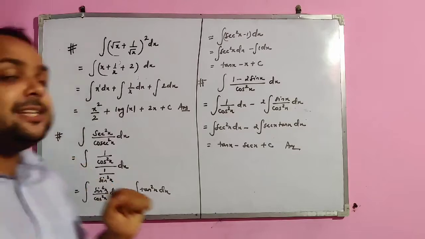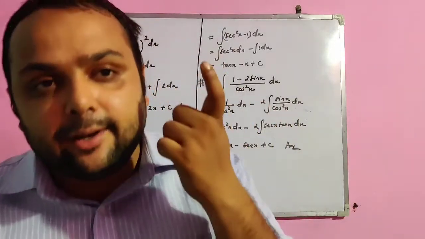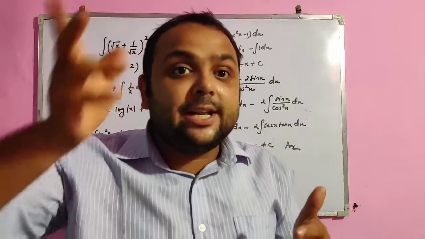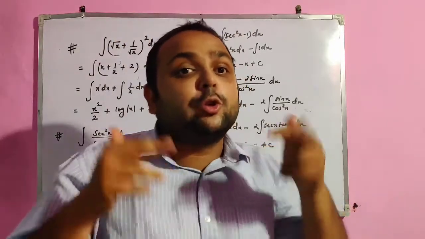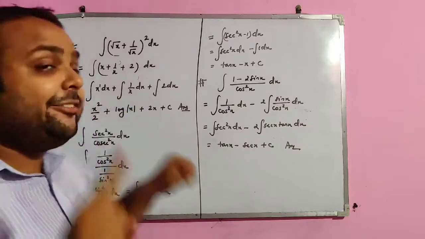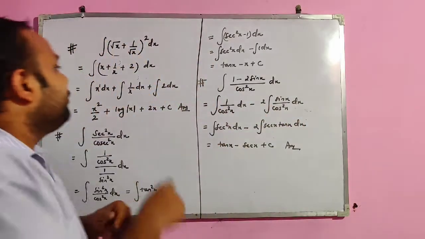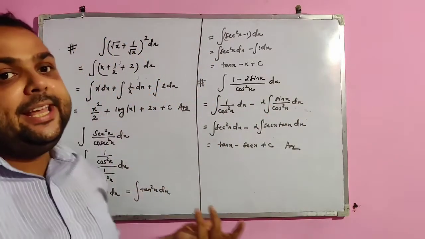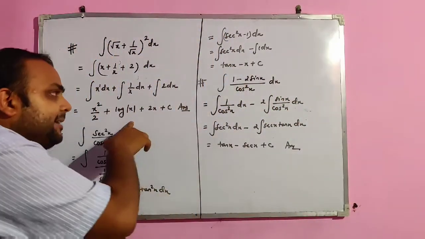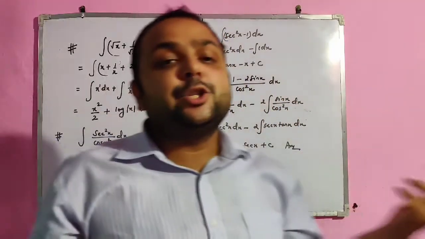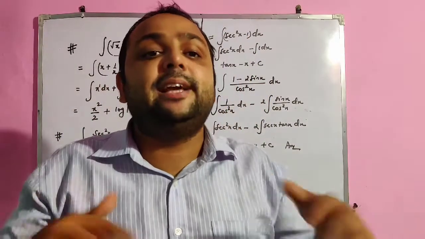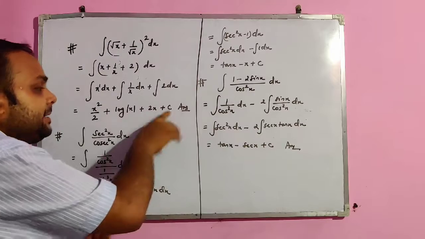Now the first is x dx, the power is 1 here. For the power function, the power will increase by 1, so 1 plus 1 becomes 2, and that is also the denominator. So it is x square by 2. We have applied the first formula here. Next is 1 by x. We all know d by dx of log x is 1 by x, so integration of 1 by x is log of mod x. 2 dx: integration of 1 dx is x, so integration of 2 dx is 2x. And then, last, plus c.